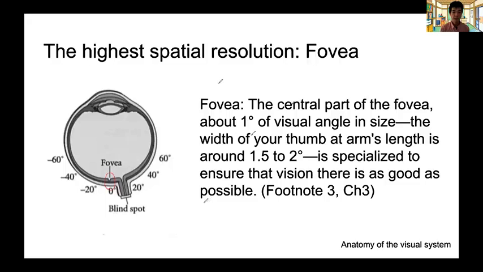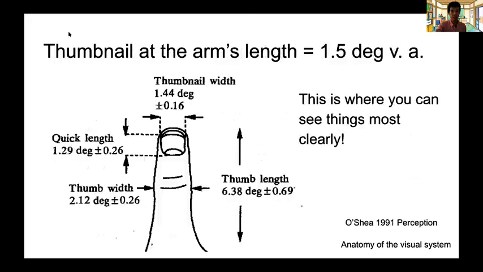The definition of fovea, according to Christof Koch's book in chapter 3, is that the central part of the fovea, about 1 degree of visual angle in size, the width of your thumb at arm's length, like this. And it's around 1.5 to 2 degrees of visual angle. And it's specialized to ensure that the vision there is as good as possible. So the useful number to remember is this concept of the thumbnail at arm's length is roughly 1.5 degrees